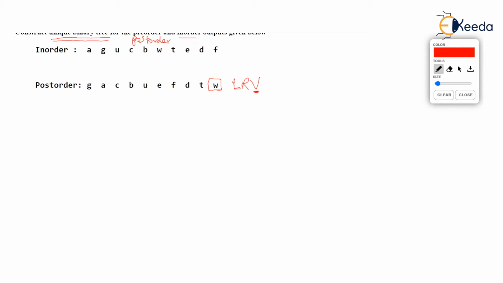And of course, the rule for in-order is LVR. So we know that in post-order, the last value is the value of root. So we can claim that W is what root points to with left and right pointers.